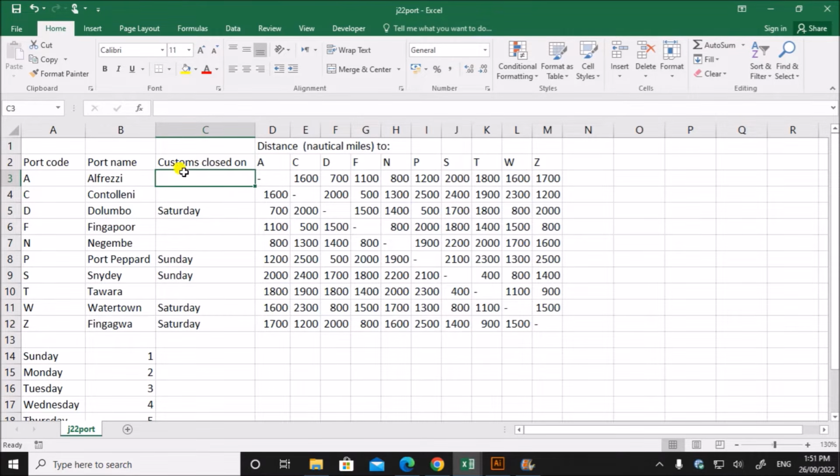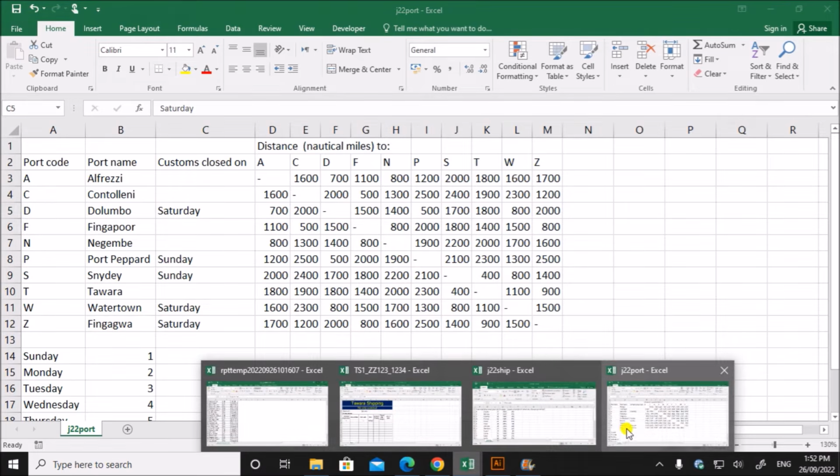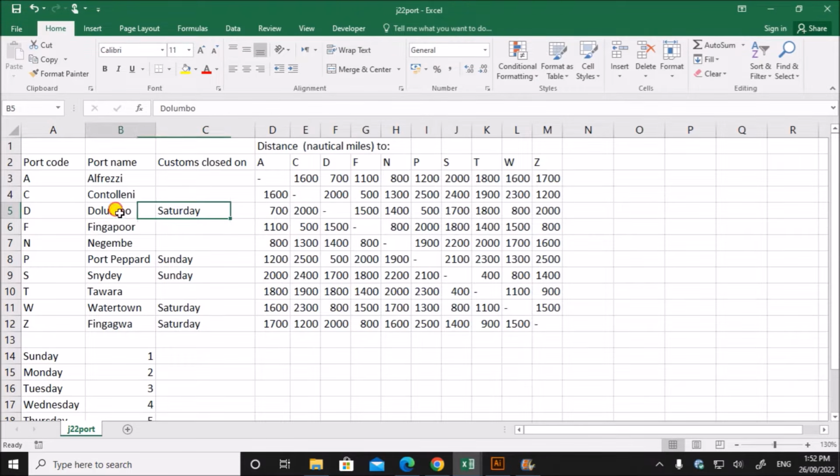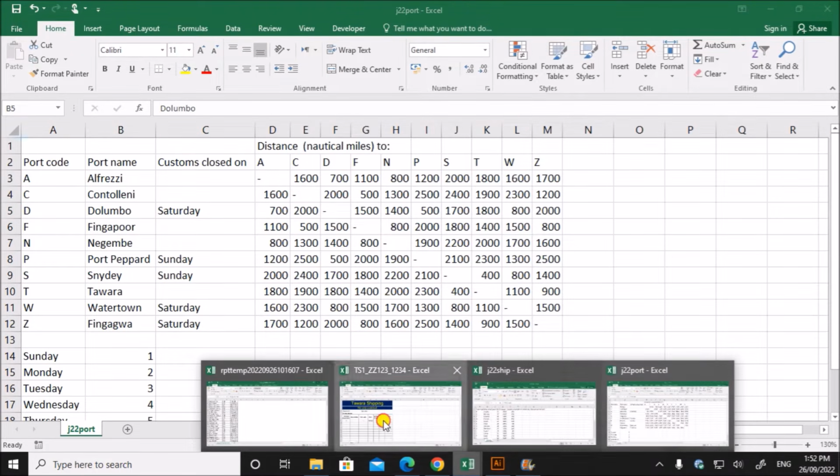That means the customs will be open every day. So if it's blank, we don't have to do any checking. The depart date is the same as the planned depart date. Otherwise we have to check whether this weekday is the same as the weekday of this date. If it is equal, we have to add one more day for the depart date. Otherwise it is the same. For example, suppose I have entered port code D here,